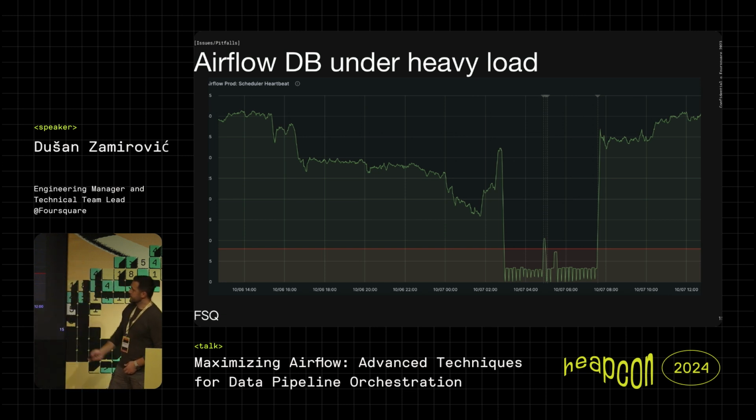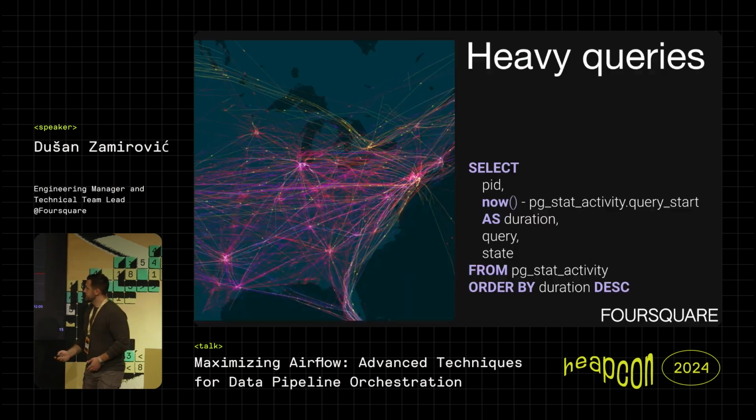However, what happened here is the database could not respond for some reason. Airflow has that heartbeat, basically doing a select one from the database, doing nothing, it's basically checking if the scheduler is up. There is this task in particular that is scheduled every minute, I think, and it's checking if communication with the database is possible. In this particular case, it wasn't possible, and the scheduler was literally dead. Nothing was being scheduled.